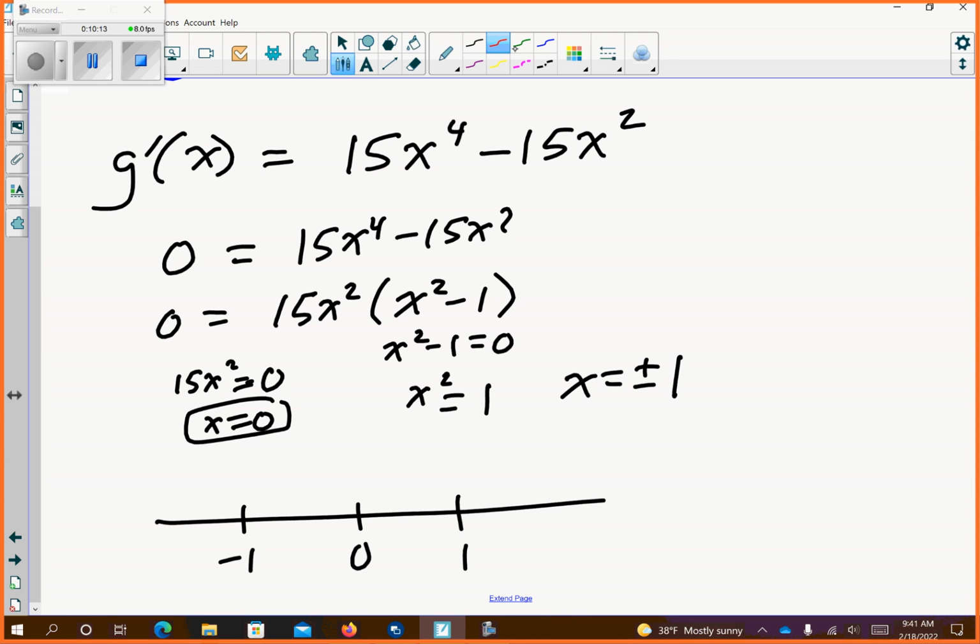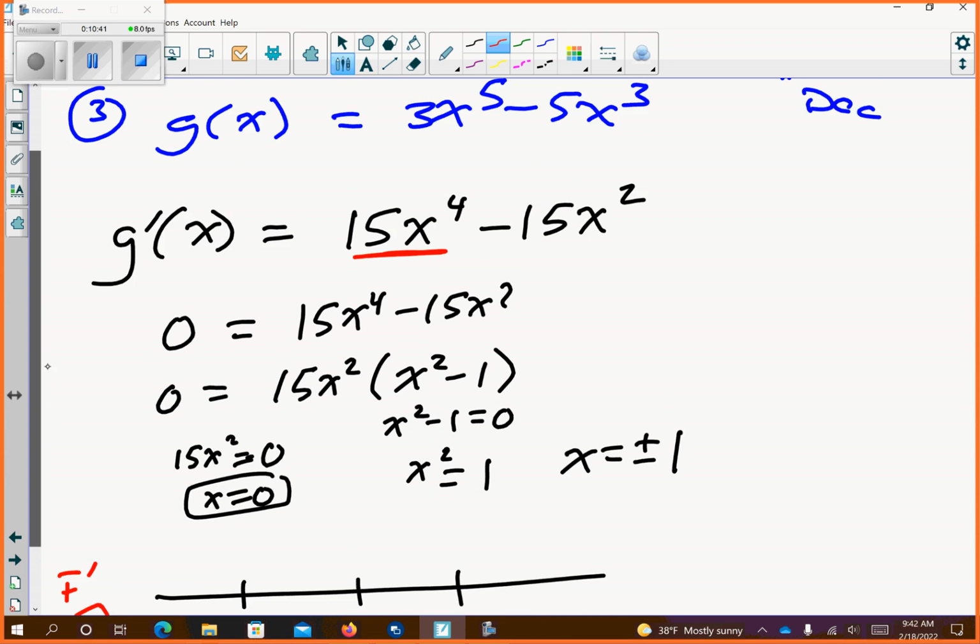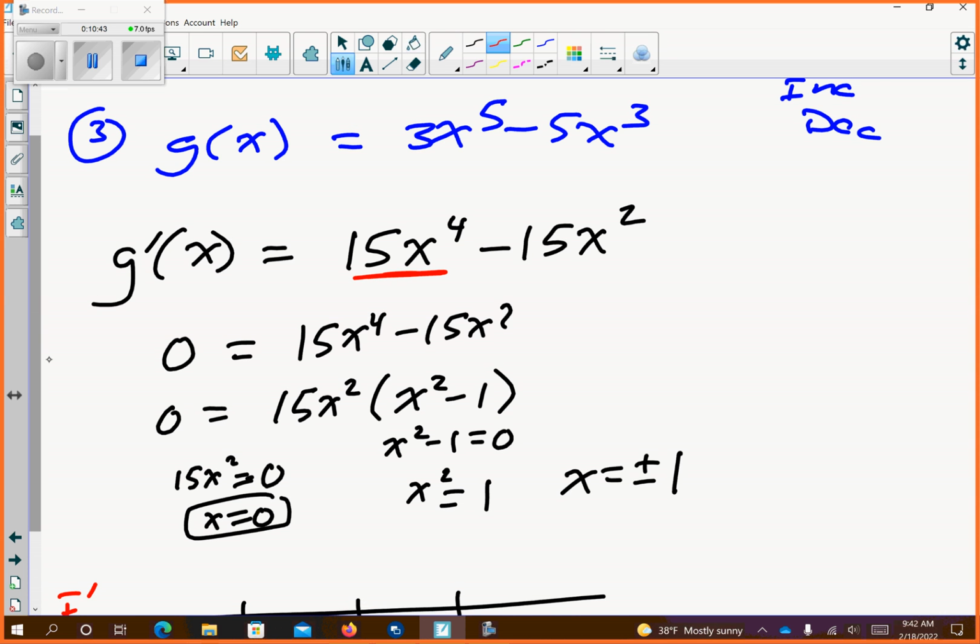So let's think about what some values are going to take place. The labeled ones are the critical. This is my F prime chart. But I'm going to pick a value like -10. If I take -10 and go -10 times itself 4 times, it's negative, negative, negative, negative, which is positive, which this is a really big positive number. This is also a really big positive number, but this one's bigger. Agreed? Okay? So if I were to look at,